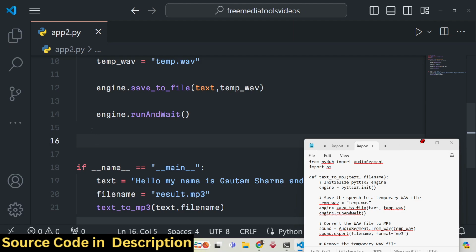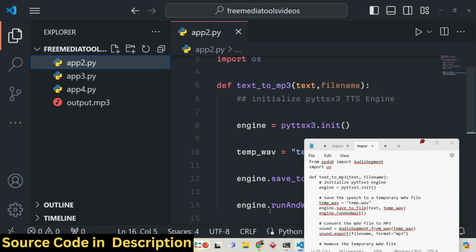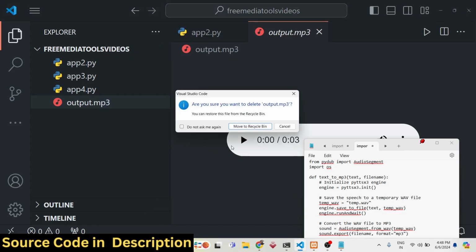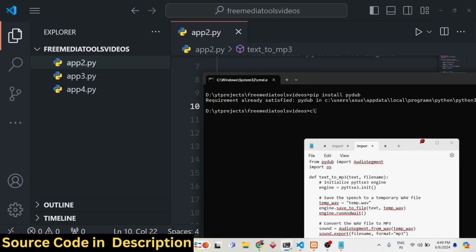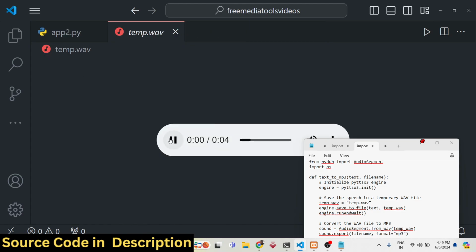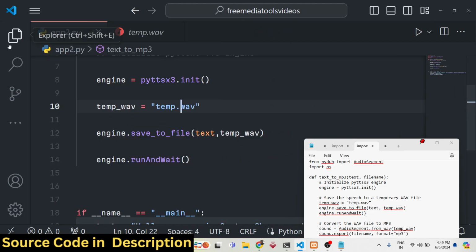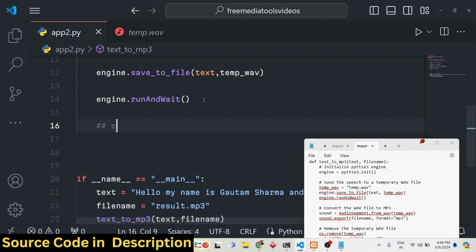So after this, now the process is very simple. If you do this, and if I delete that output.mp3, it will actually create this WAV file that we created, temp.wav. If I execute this Python script app2.py, you will see this WAV file will be created, and you will hear: Hello, my name is Gautam Sharma and I am 27 years old and I am from India. You can see a WAV file is created, but if you want the result in an MP3 file, then you can actually convert this